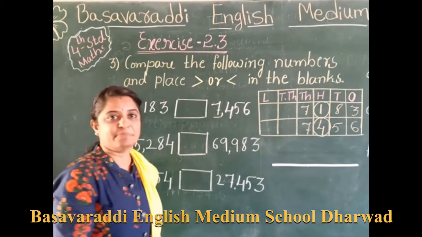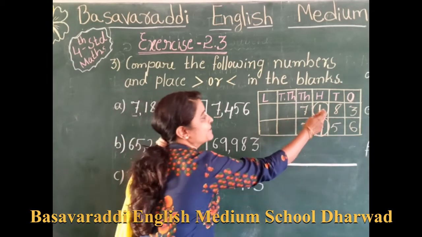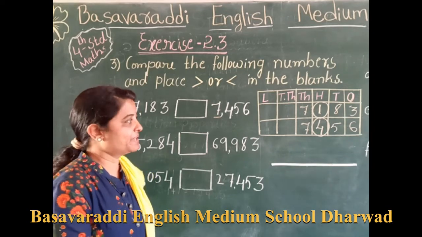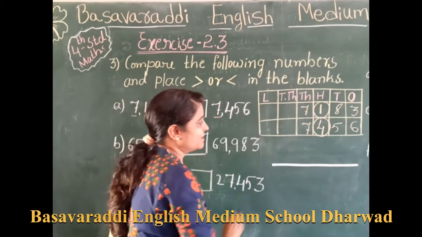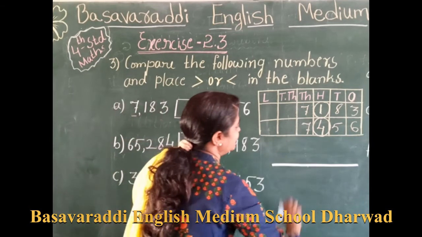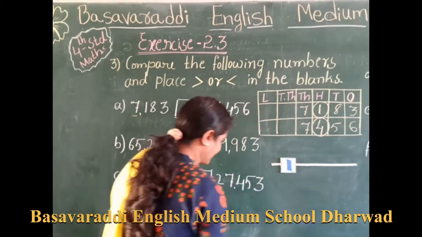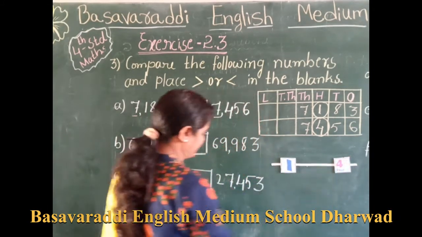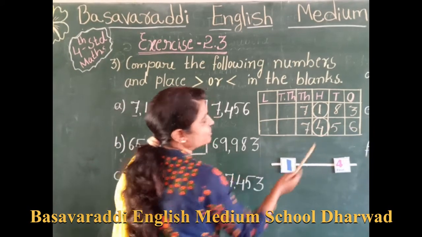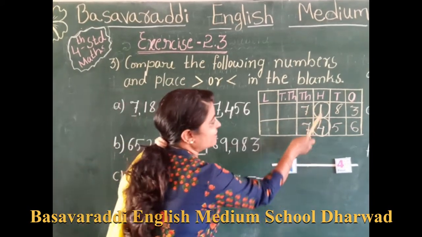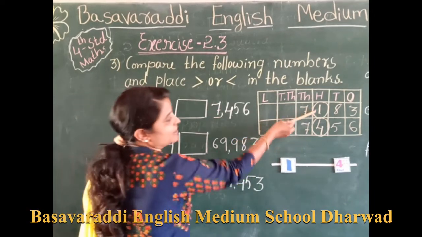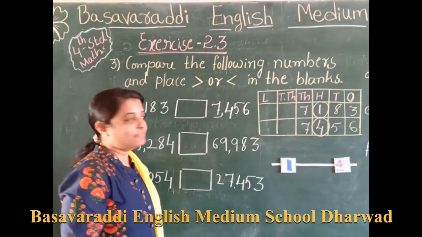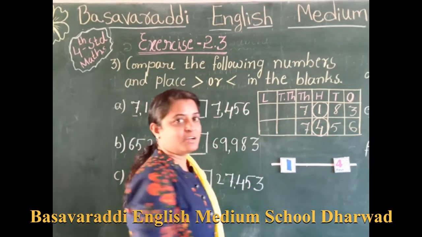Then this place we are comparing there. Understood? We are comparing 1 and 4 here. Then tell me which number is big here. I will show you. Here it is 1 and 4. We got the difference in the hundreds place, where 1 and 4 are. Here only we got the difference, so only this place we are going to compare. Then we come to know which is the big number and which is the small number.